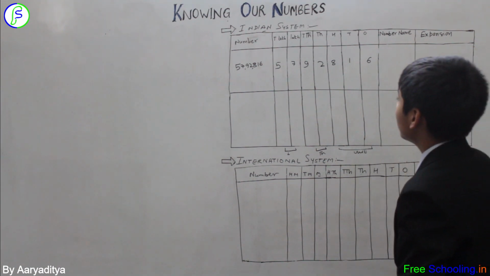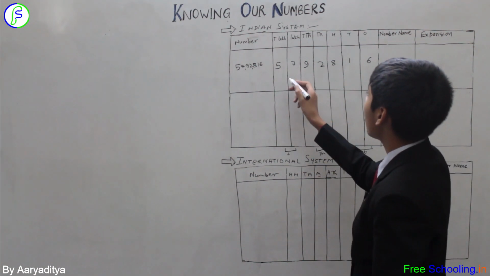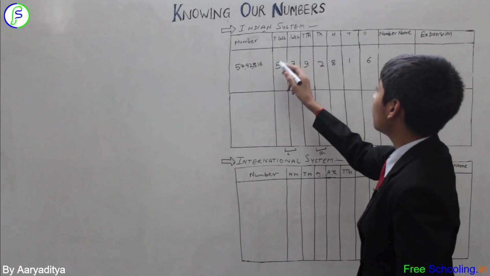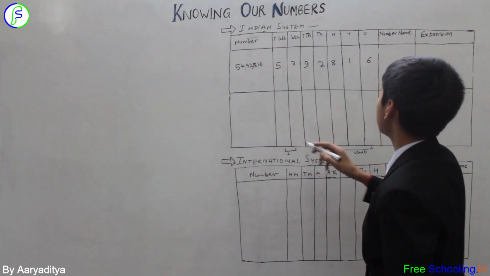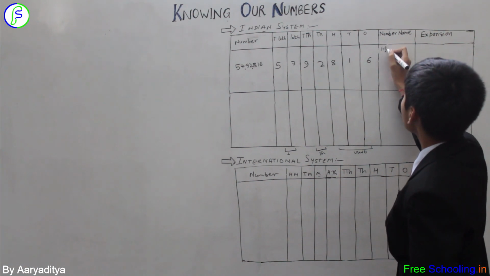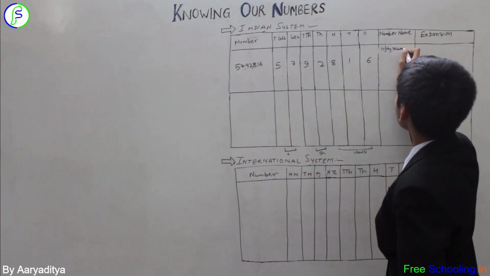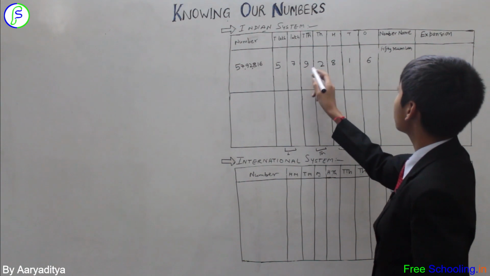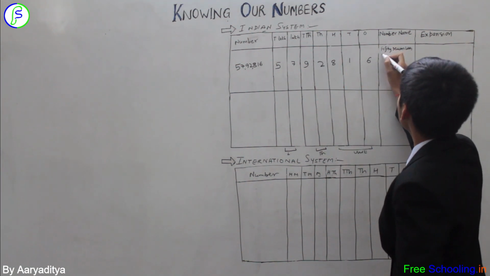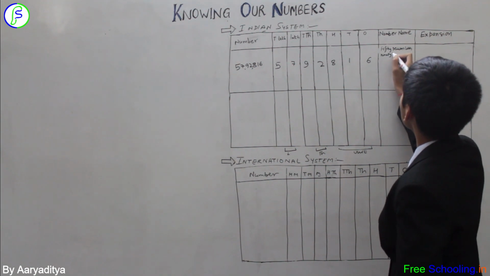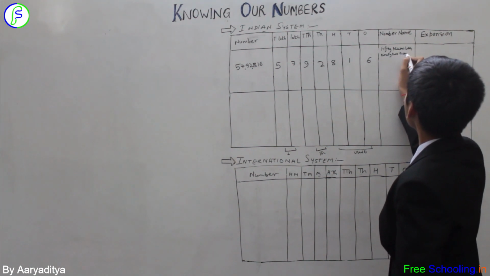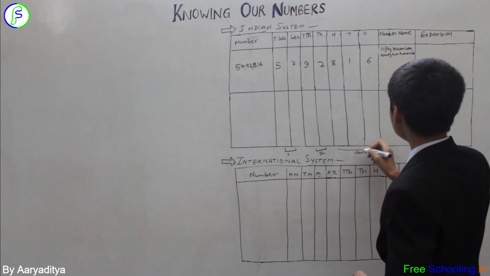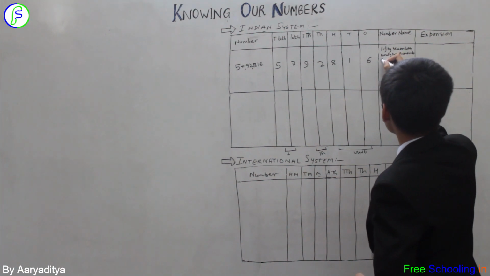So let us start naming. If these both lie in the same group, then we call them 57 lakh instead of 5 ten lakh and 7 lakh. We call them together 57 lakh. Let us start writing: 57 lakh. Next, come to the group of 1000. We have 92,000 as they are in the same group. That is why we write it 92,000, and 816 as they are in the unit group.